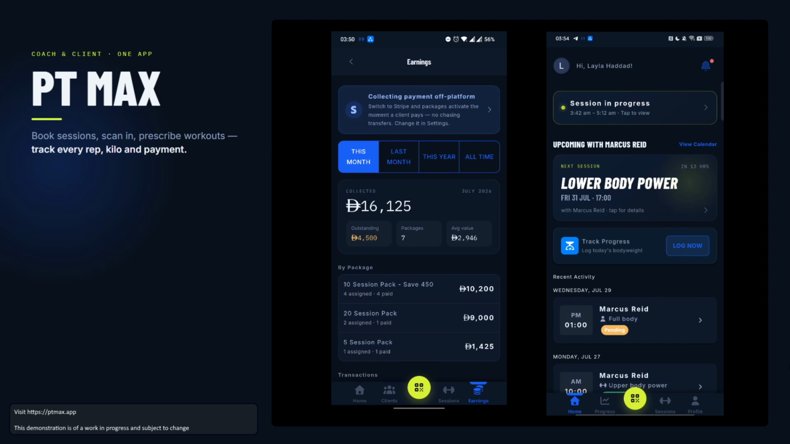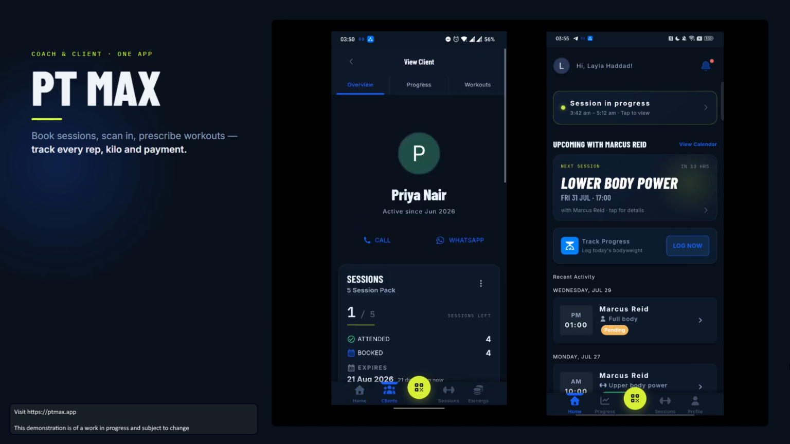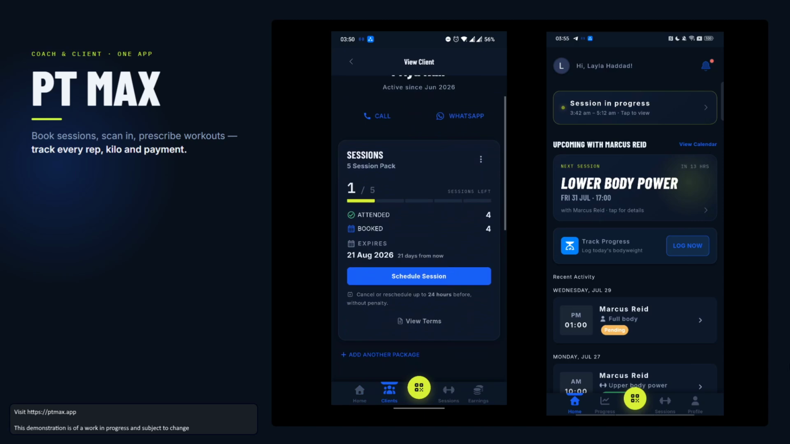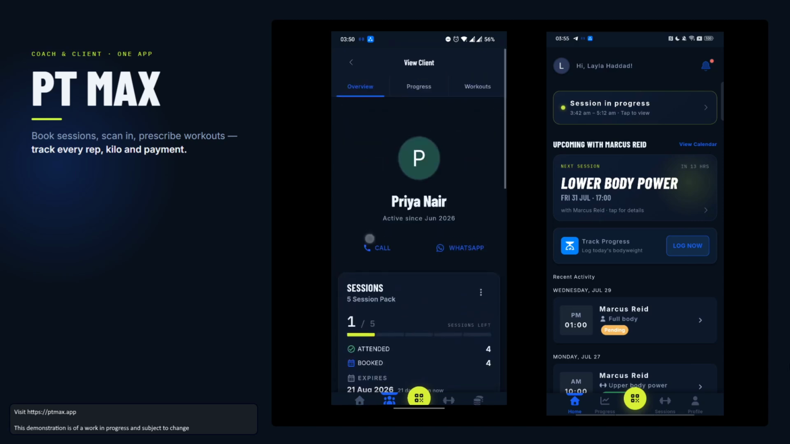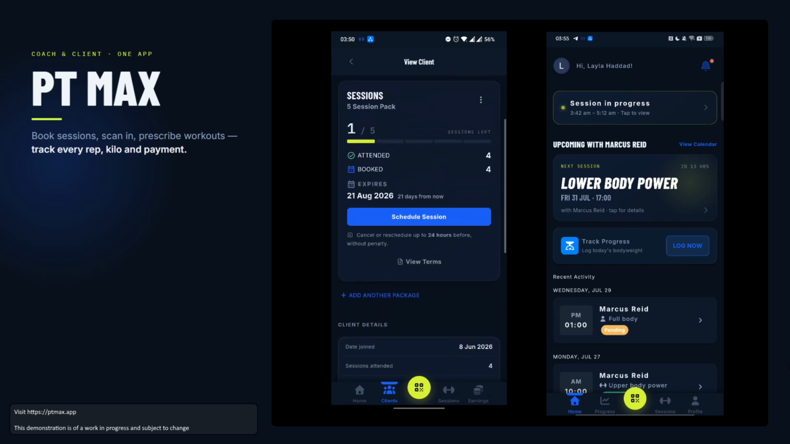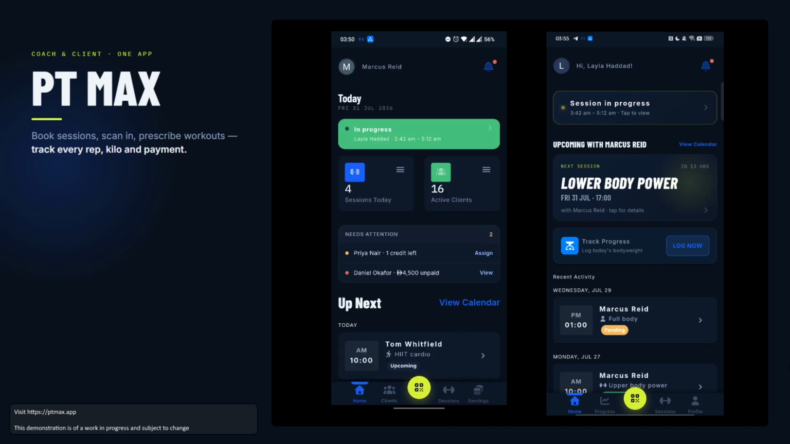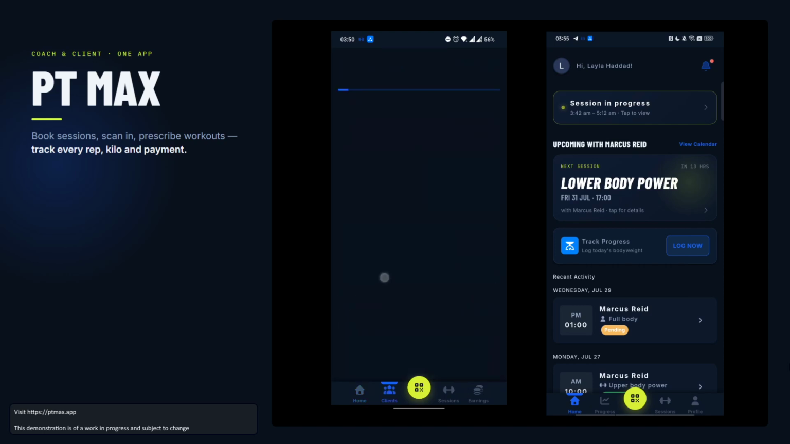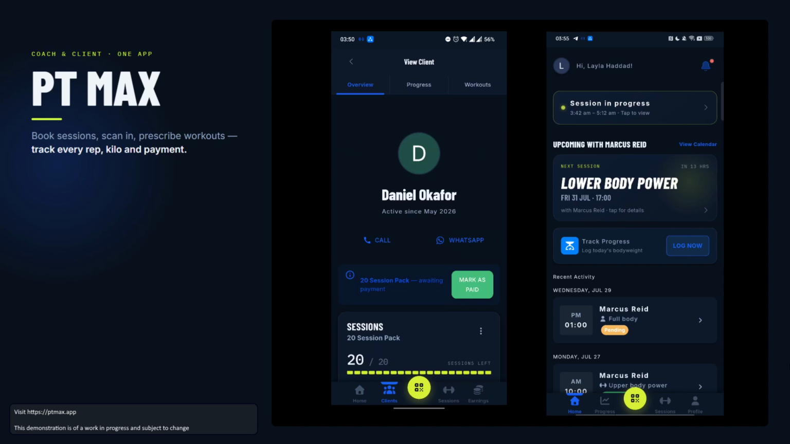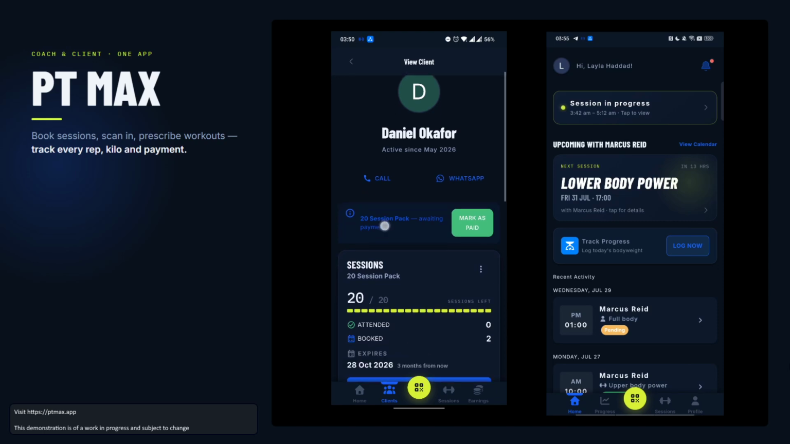So if we go to the home page, you can see that someone owes us some money, Priya Nair, and she's nearly run out of sessions. And what we can do with Priya is mark it as having... Daniel is the one who hasn't paid. Apologies, Priya. But yeah, so if we go to Daniel, we can see that there's an option over here to